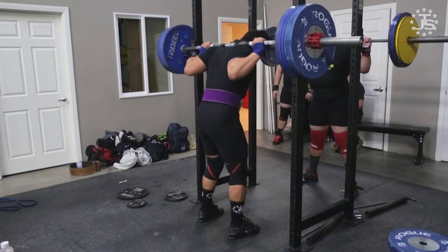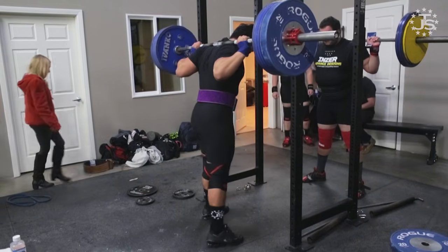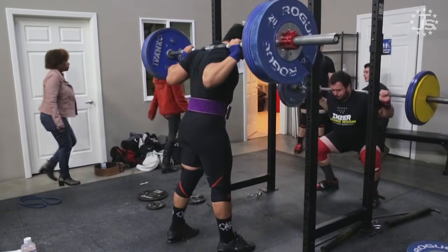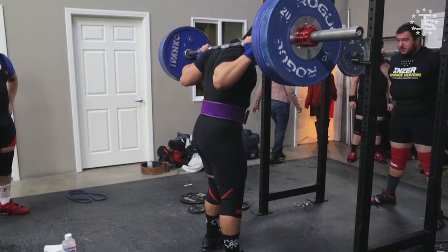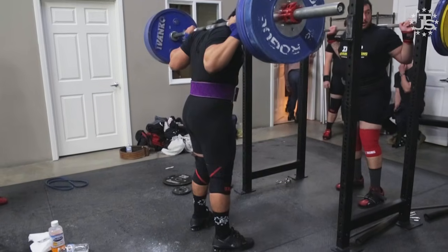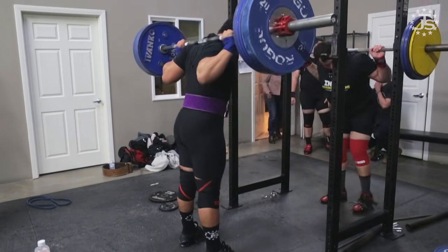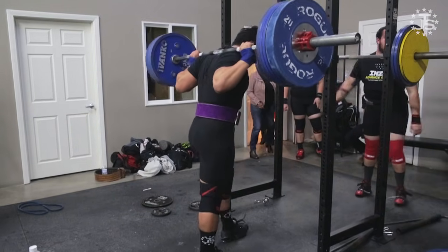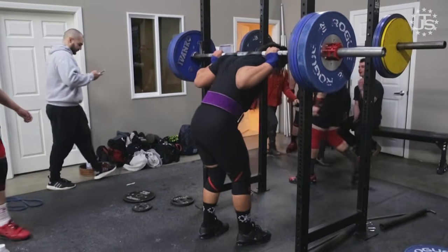And go ahead and bump it up to 100 kilos, or maybe 225 pounds. And I know that these are not equivalent conversions. I'm just talking about practical numbers that you'd actually put on the bar, whether you're using kilos or pounds. So once you put 100 kilos or 225 pounds on there, 2 to 3 reps, and then 115 kilos, maybe 255 pounds, a single there, a single at 130 kilos or 285 pounds, and then you should be pretty ready